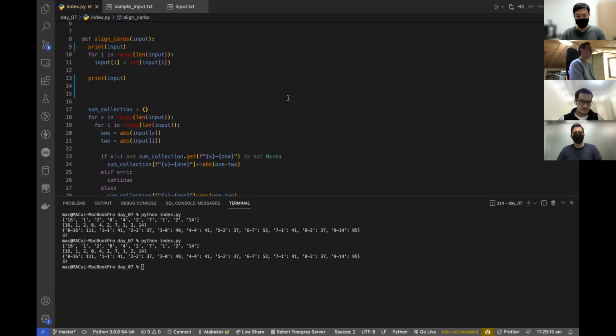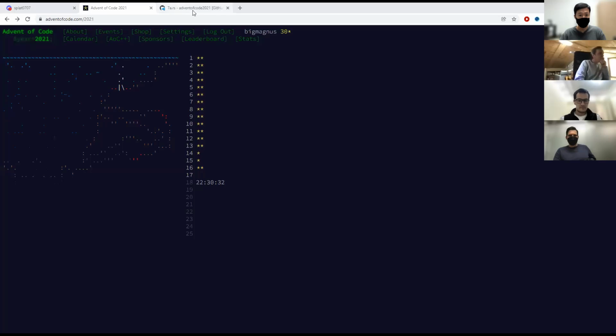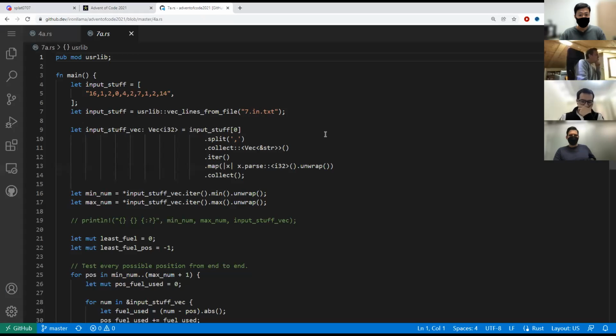All right, I will share mine. You gotta bear with me though, because I don't remember exactly what I did. Let's see. I think it's this window. Yep. So 7A. I have both inputs enabled. That's interesting. But anyway,